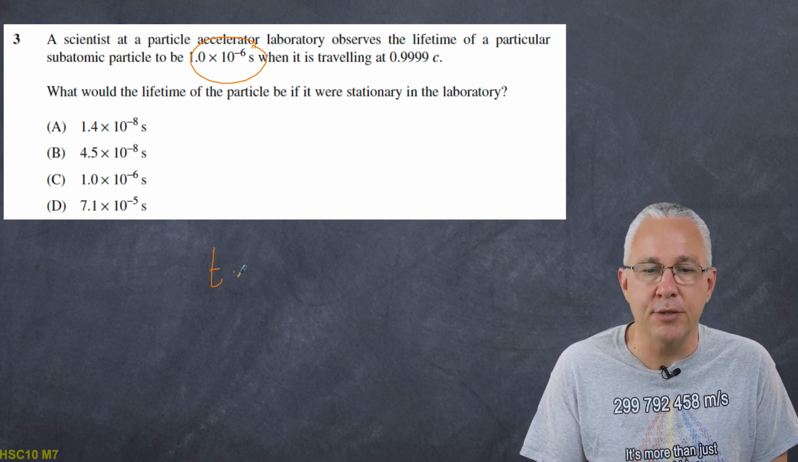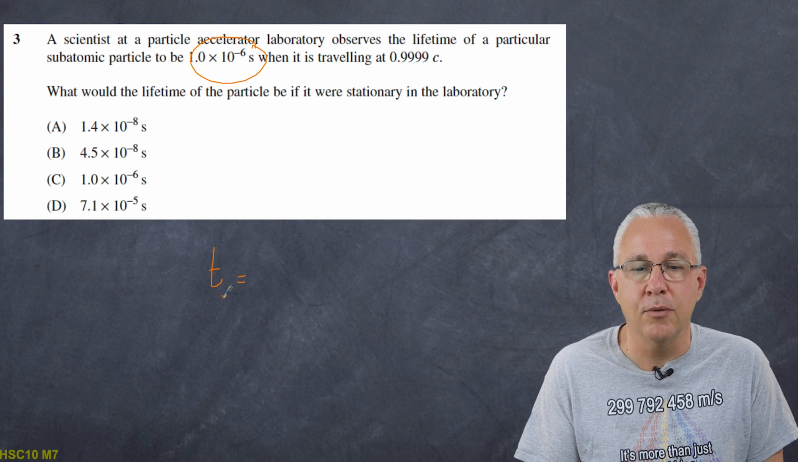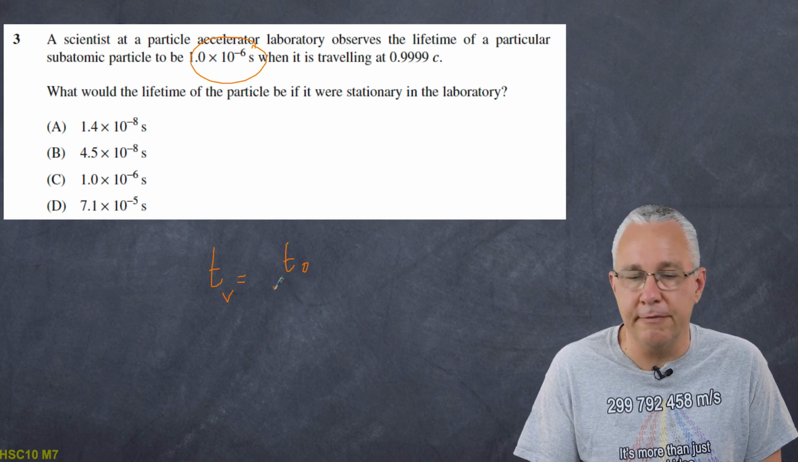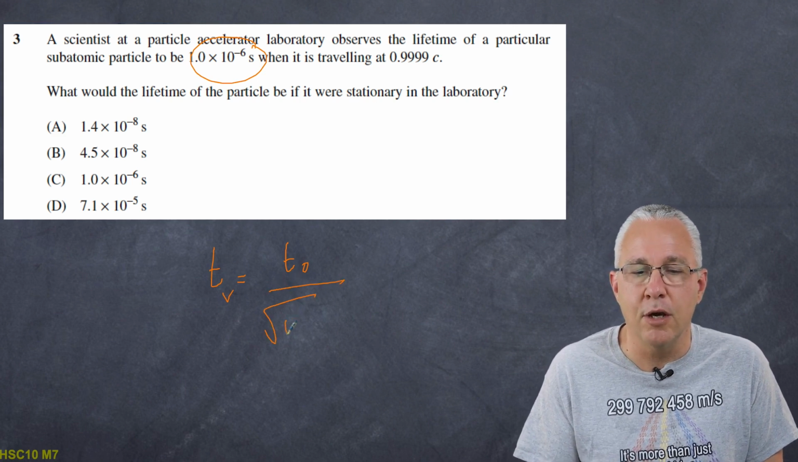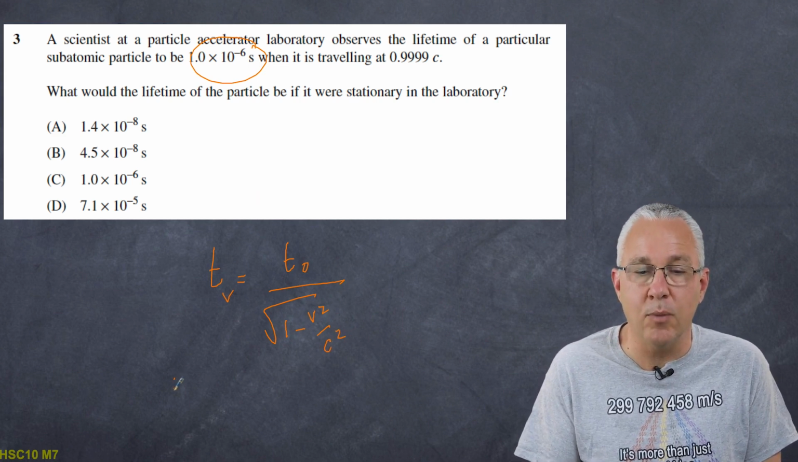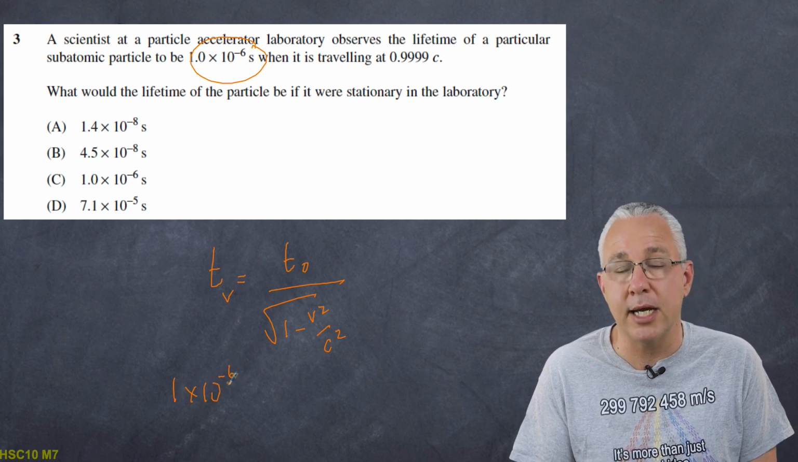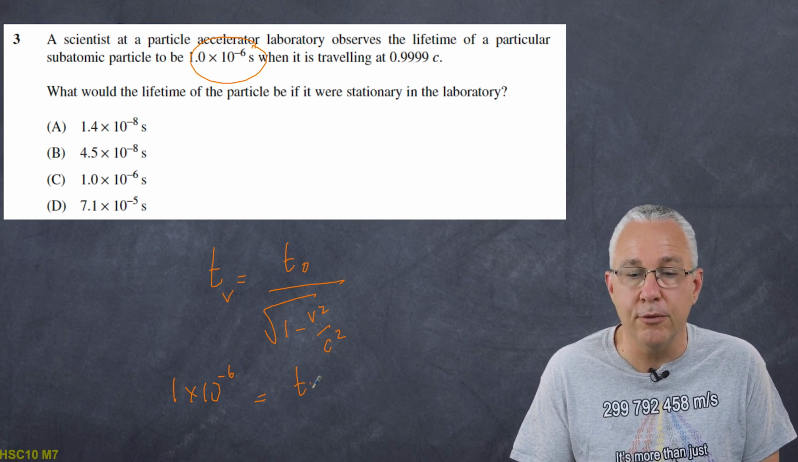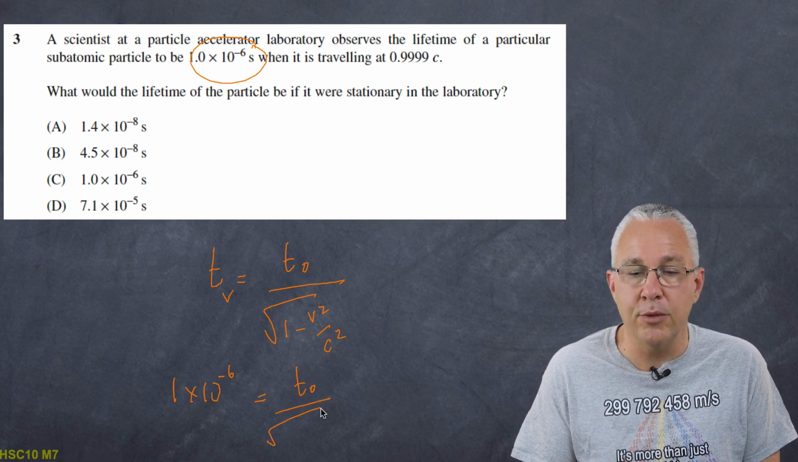So the time dilation formula says that the dilated time is equal to t naught, its proper time, the time within the frame of reference of the event, divided by the square root of 1 minus v squared over c squared. Now, if we put everything in here, we get 1 by 10 to the power of negative 6. Remember, this is the time we measure outside the frame of reference, is equal to t naught, which is what we're looking for, divided by the square root of 1 minus